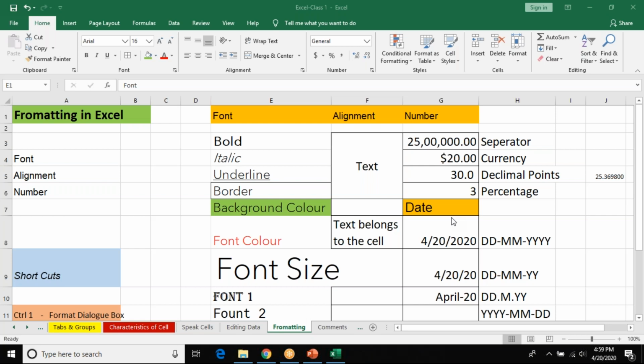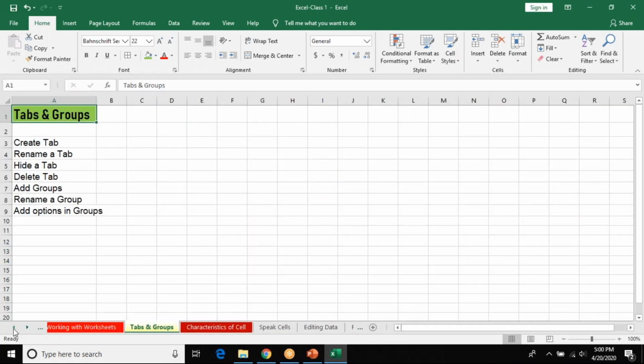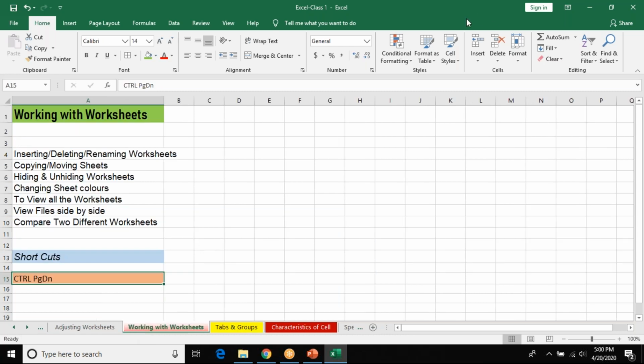Okay, I think Ananya is asking me to explain how to view the sheets side by side. Okay, it's a good thing because sometimes you might get confused. I'm happy that you're asking this question. Ananya, and for others, please look at this. I'll explain one more time. I'm going back to the working sheets. Now, Ananya, are you there? Can you just message yes? Okay, great. So now I'll show you how to do it.